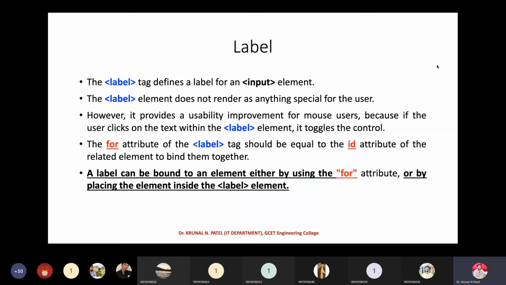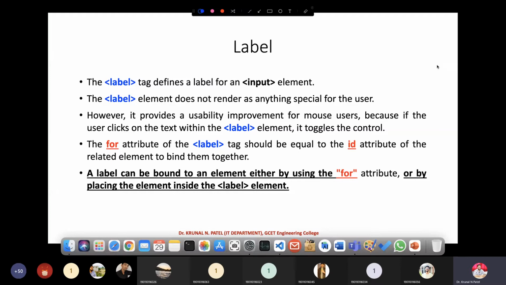Next important element is label. Label is very useful, and it is used to define a particular label for input elements. Whenever you put the label, it just displays the text you type.